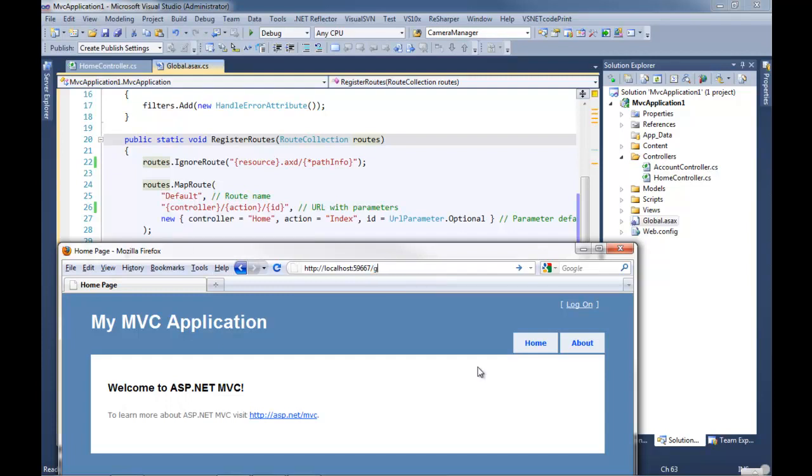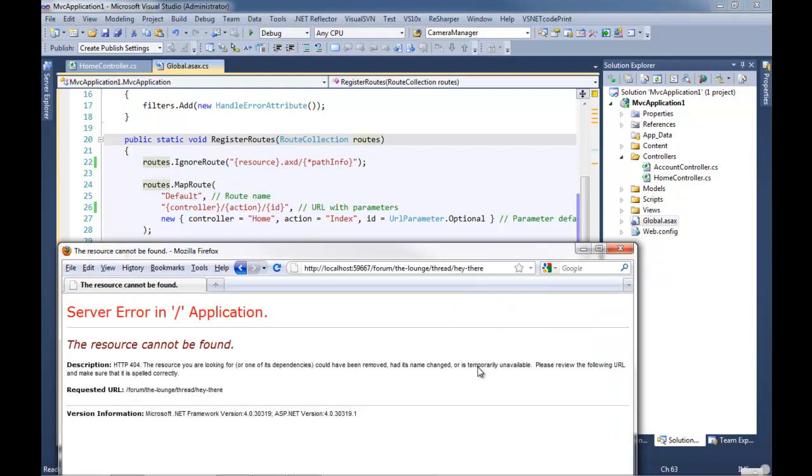But watch this. What if I wanted to have a URL like this? Now, that would be great for search engine optimization, and it's also really legible. Now, what you'd want to do, though, is you're going to end up building a route for that that's going to map it over to a function within a controller that'll handle that request.